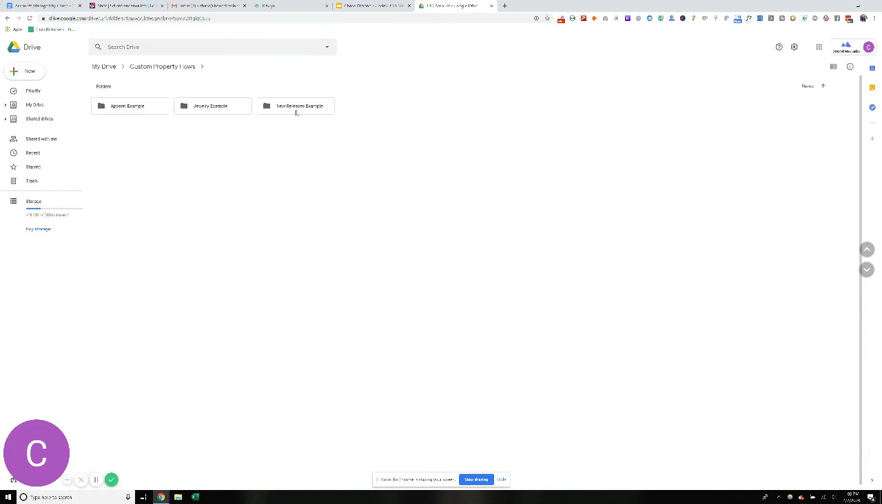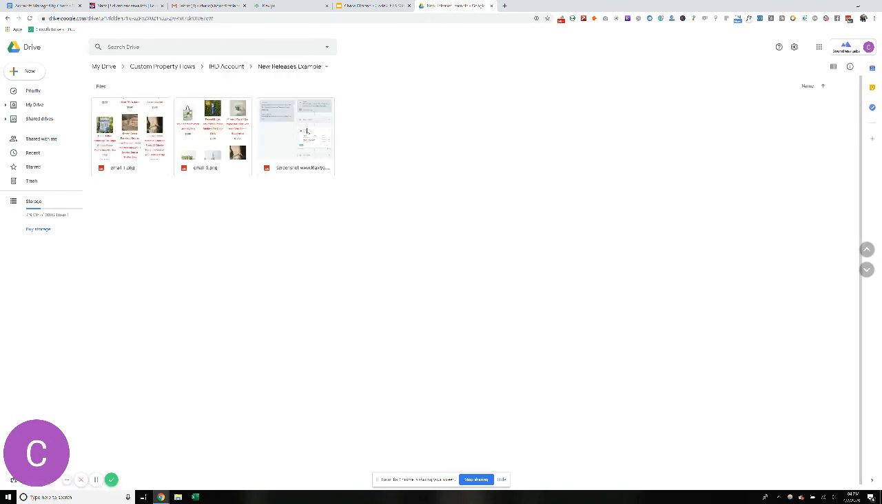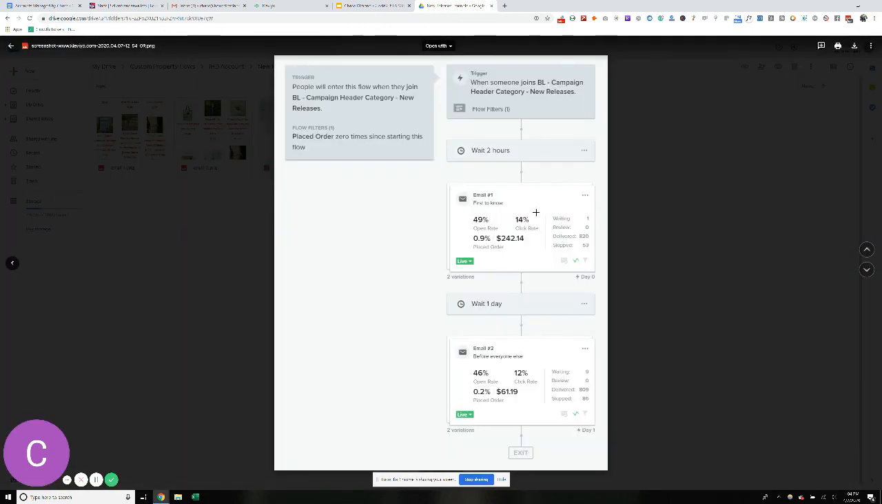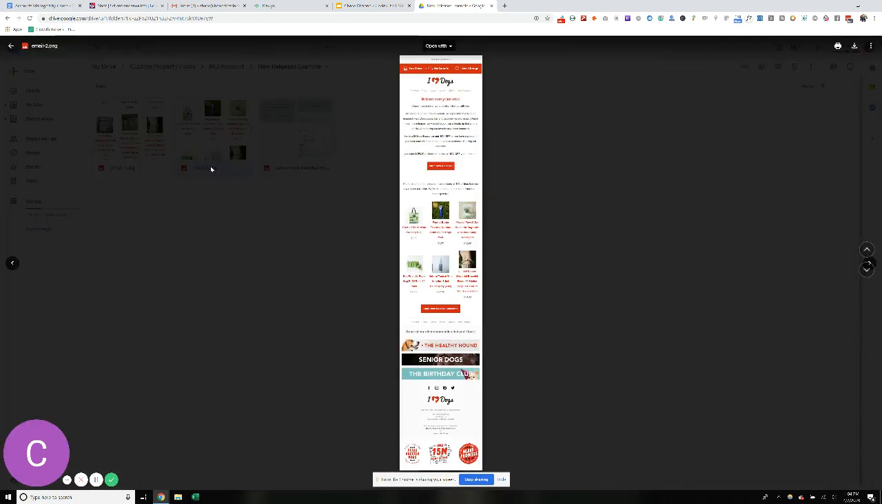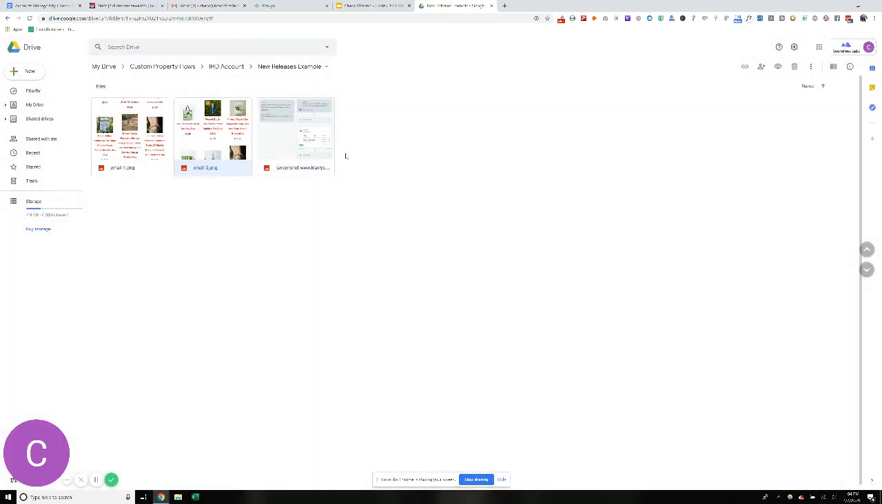And for new releases, this flow was doing really, really well. So we ended up adding a second email, but just starting with one email should be sufficient. So email 1, then email 2. Email 1 is here. Again, very similar to the other email 1s. And then here's email 2. So anyways, this is how you set up that